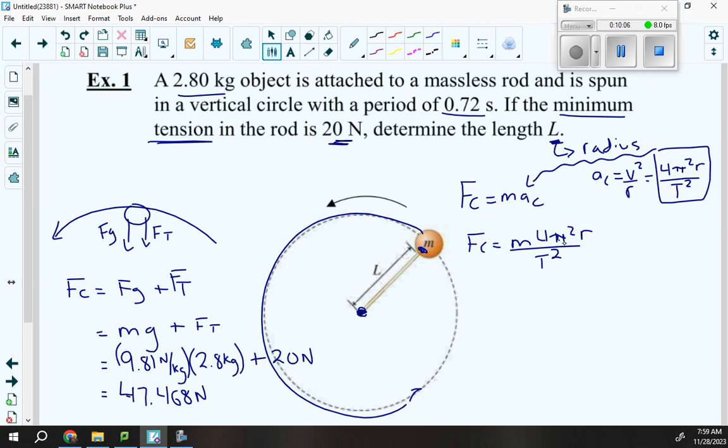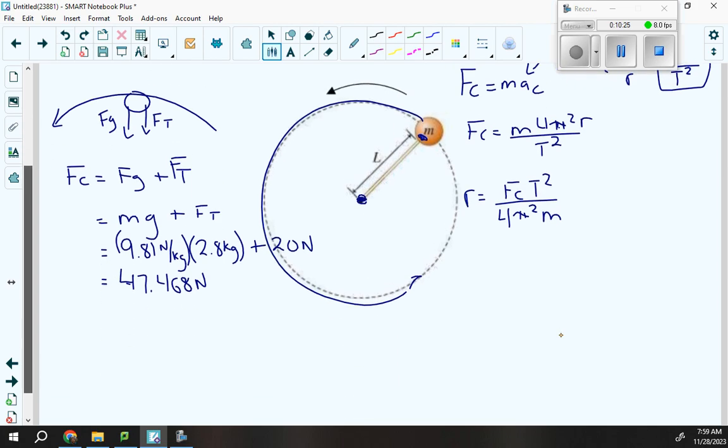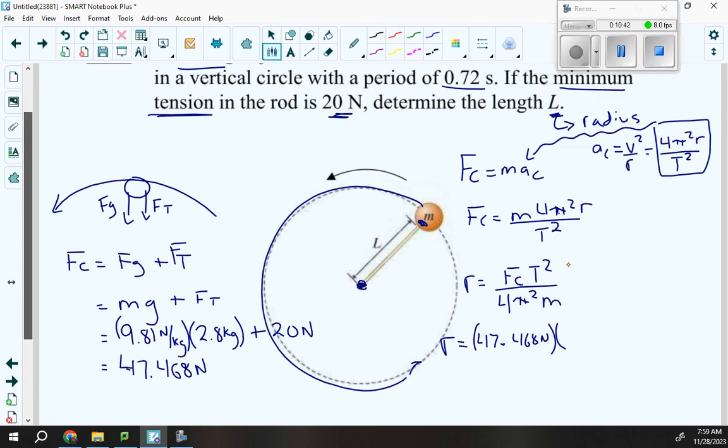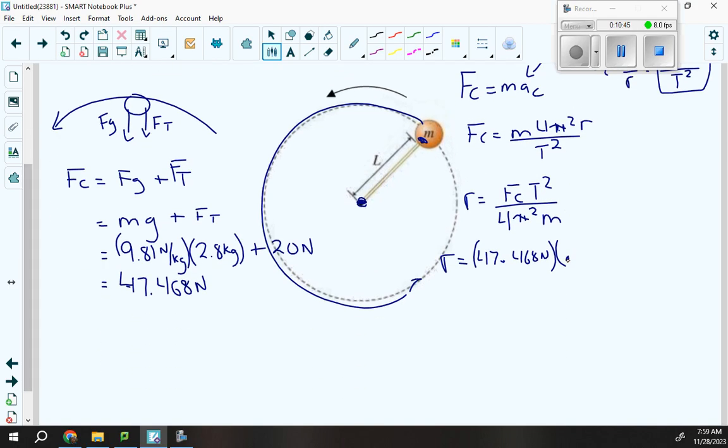And we got a bit of a rearranging to do here, so let's take a look at that. Radius is going to be equal to FC times the period squared divided by 4 divided by pi squared and also divided by m. So take a minute, make sure you are good to go with that rearranging, and then all we got to do is plug in some numbers. So the radius is FC, we already found that, 47.468 newtons times the period. I think in the question it was 0.72